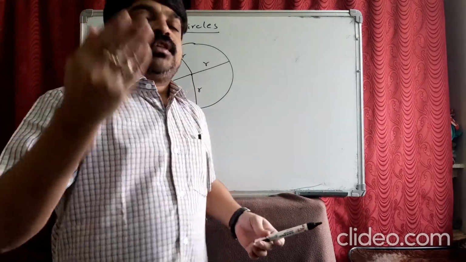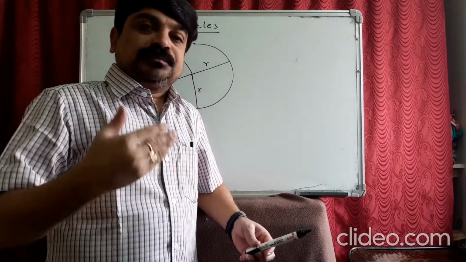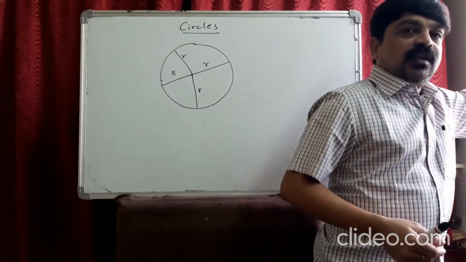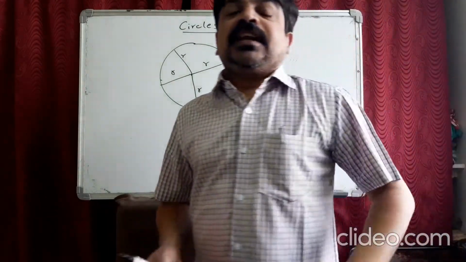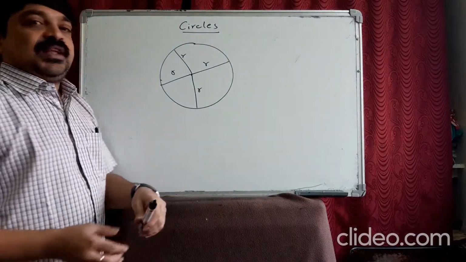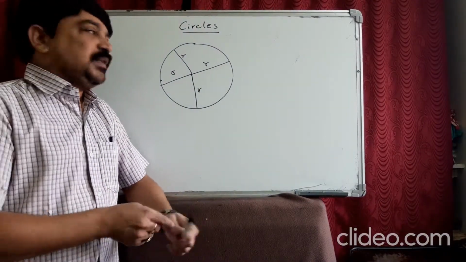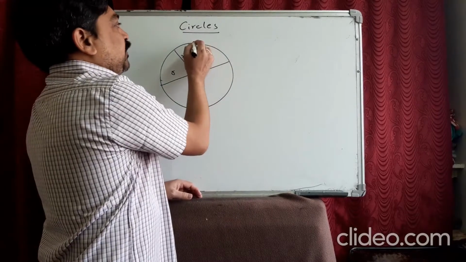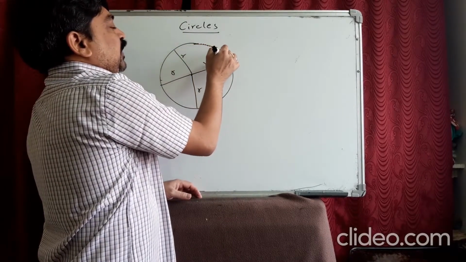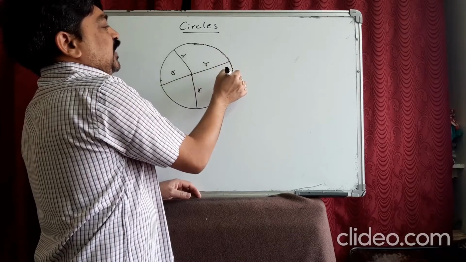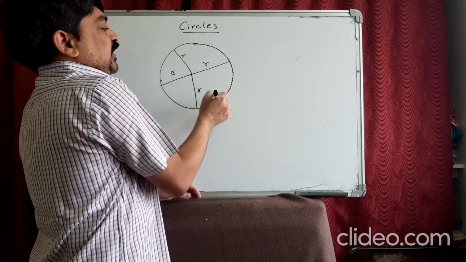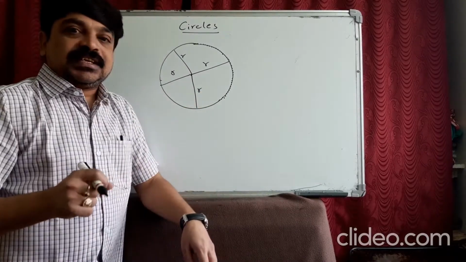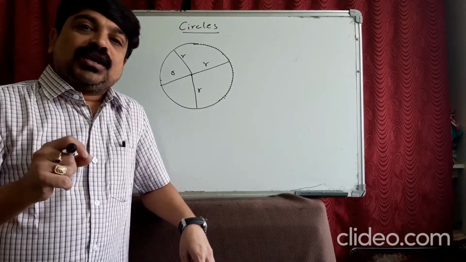Actually, in your 11th and 12th grade, you will learn some other definition of circle. They talk about the locus of the points which are equidistant from a particular point. Locus means the path that moves. This is a path, but this path is made up of different points. All these points will satisfy the condition. What is the condition? Equidistant from a certain point. That equidistance is called a radius and the point is called a center.